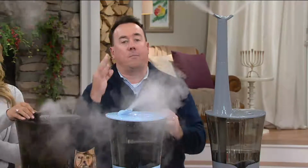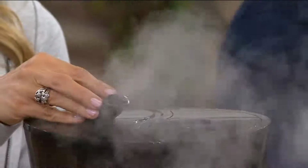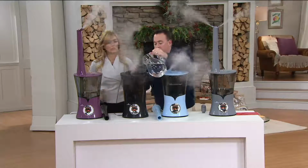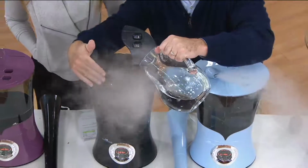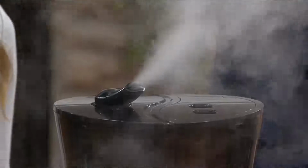And then the nice thing, number 3, which I think is in over a decade, the best innovation we've ever come up with at Air Innovations. Quite literally, it takes quite a bit of water to fill up the tank, to get that runtime, no problem. For now, we have the innovative new top fill technology. See how the unit never even has to be turned off? Nothing splashing. No carrying the tank to the sink. No disruption. It's still going. So quite literally, if you just top it off every once in a while, that 112 hours of runtime is